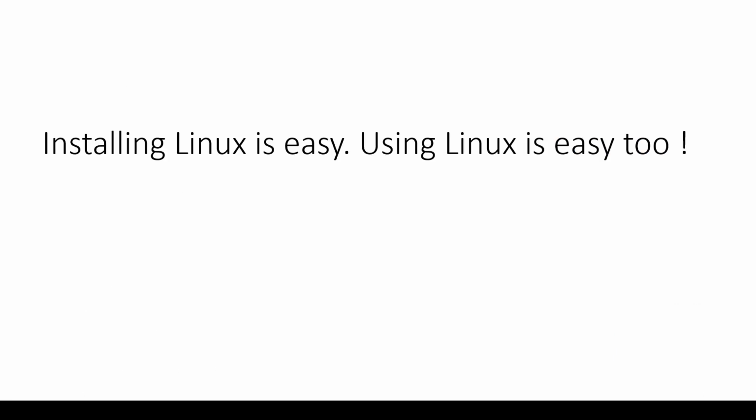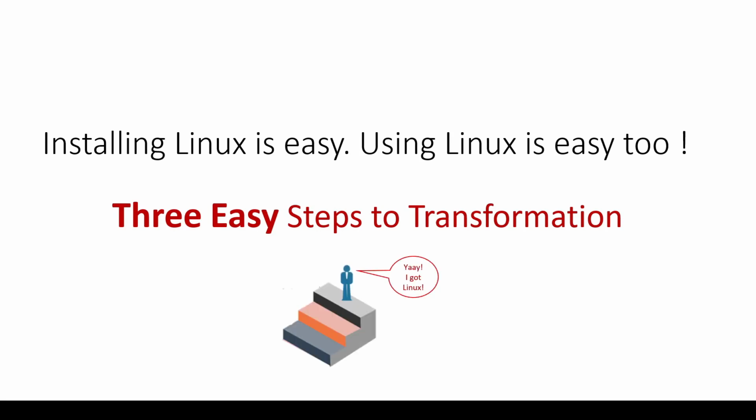So installing Linux is really easy, yes, and using Linux is easy too. It's just a simple 3-step process. And let's talk about these 3 steps. Step number 1, you need to decide on which Linux you want to use on your computer and download it